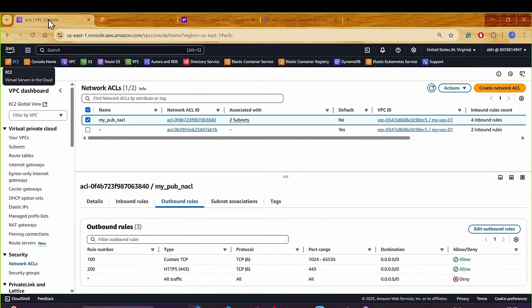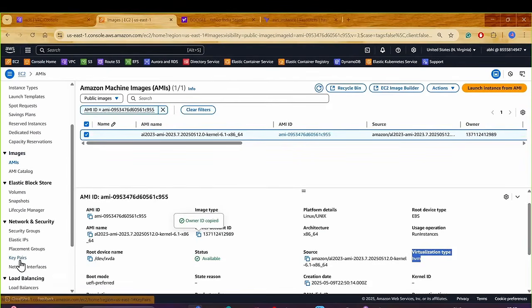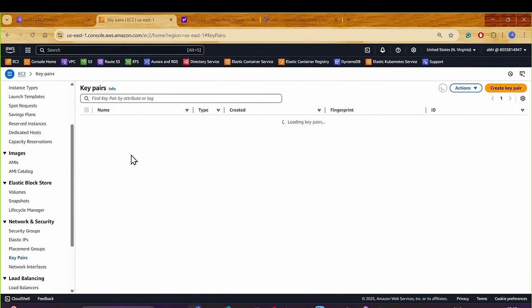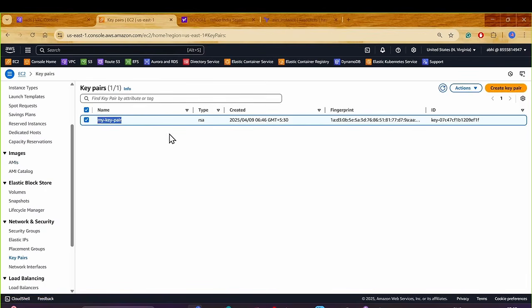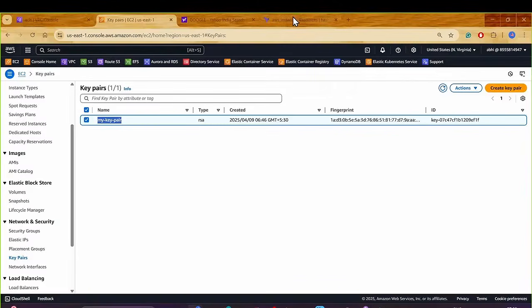Now we already have a key pair. I'm not going to create a new key pair for this system, but using Terraform, you can also create a key pair for yourself, right? I'm going with this my key pair in US East 1, so I will call this as this. This is the key pair with which my EC2 instance will be created. What is the other thing that we need? Because I'm calling it my web server, I actually need a security group along with this to be created. So let's actually go ahead and look for